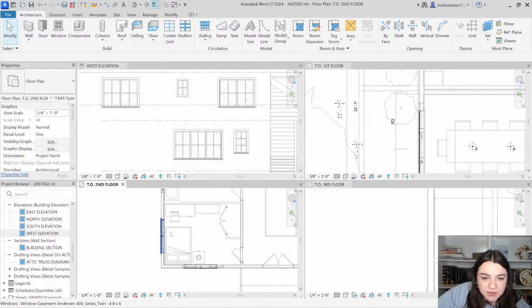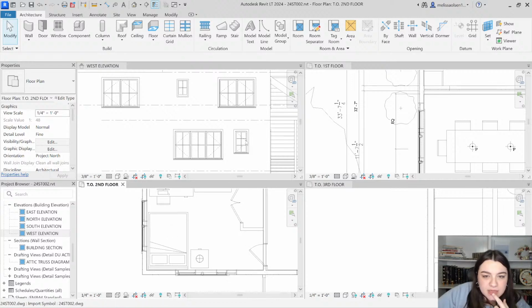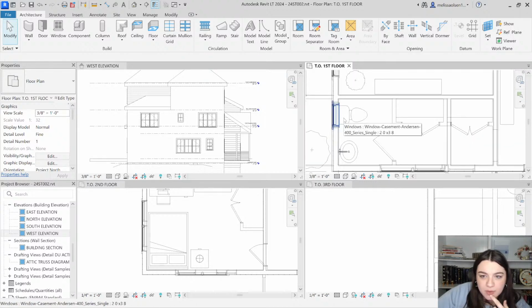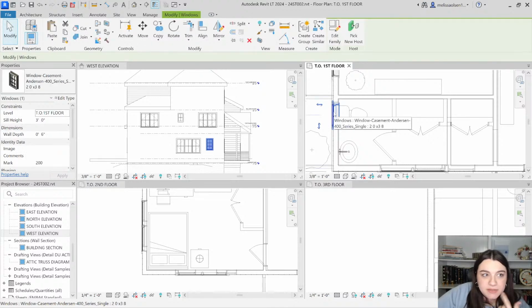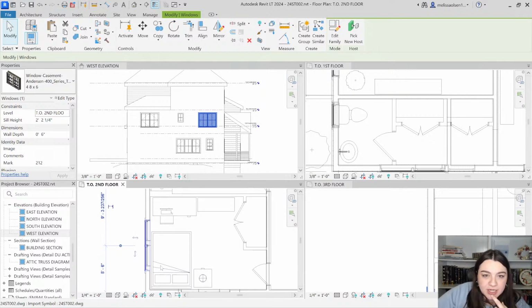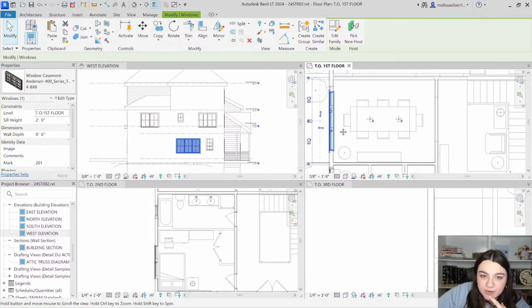I don't know what we can do about this window. So on the first floor, that is above a toilet. I don't really feel like you necessarily need this above the toilet, so we could remove it. It's an option. We could remove this window from the bathroom on the first floor. We could move this window. I do believe it is centered in the bedroom. This window here is centered in the dining room. So